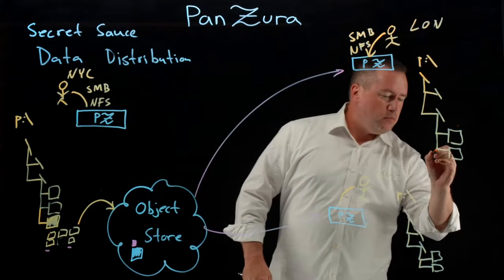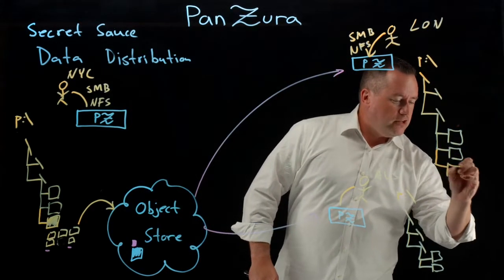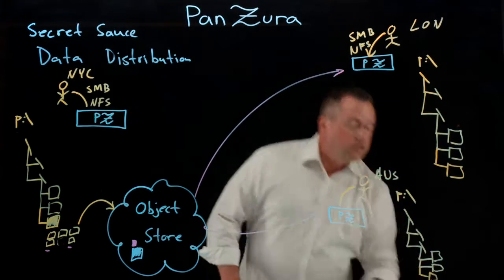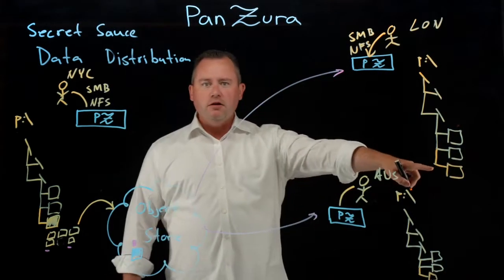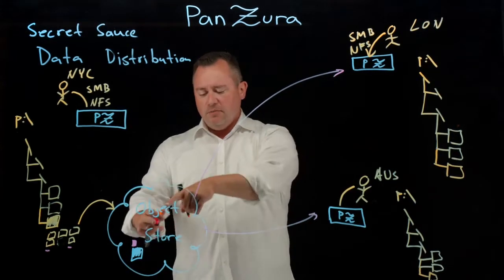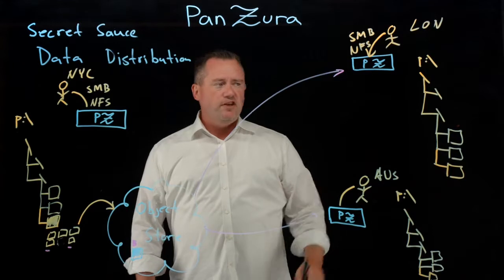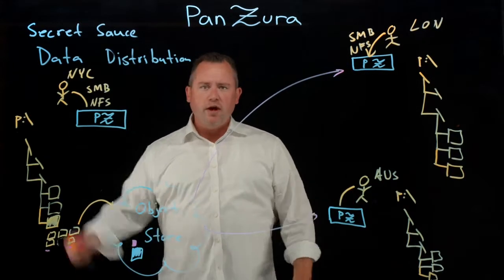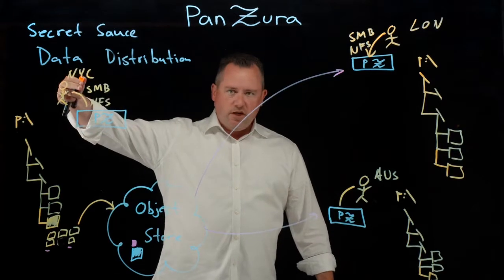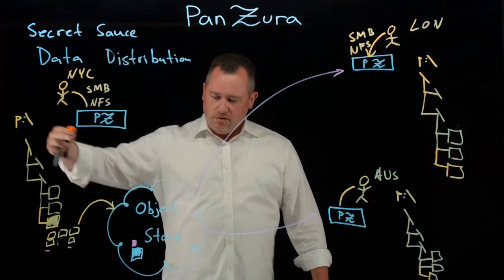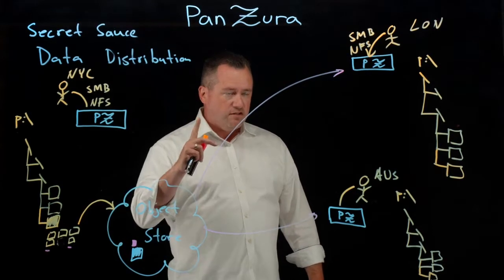What that does is, remember, the meta has all the data. So what that does, it shows these users that, hey, that file that was created in New York can now be visible here. All I did was move 0.5%. I did these syncs in parallel because my cloud, my object store, is stateless. The intelligence out here, I can keep that synchronization out there. So guess what? I compressed the data, I deduped the data, made it as small as possible, broke it into meta and data, moved it to the object store once.